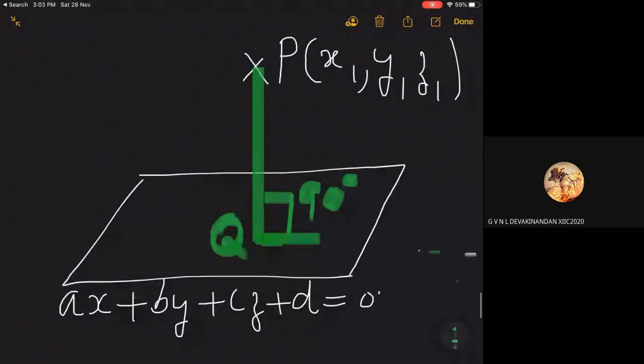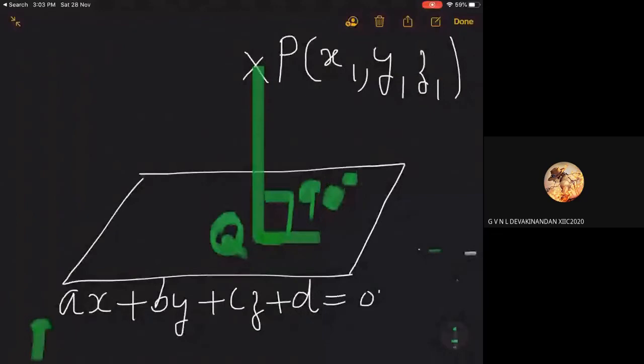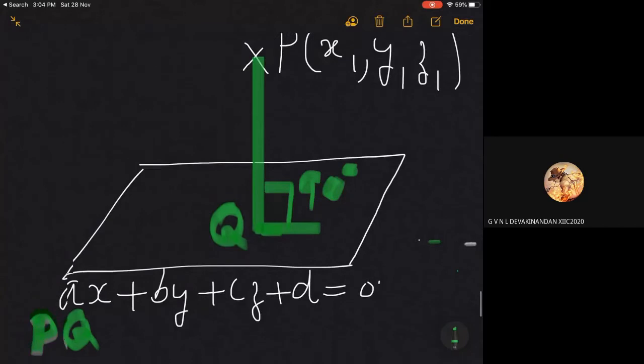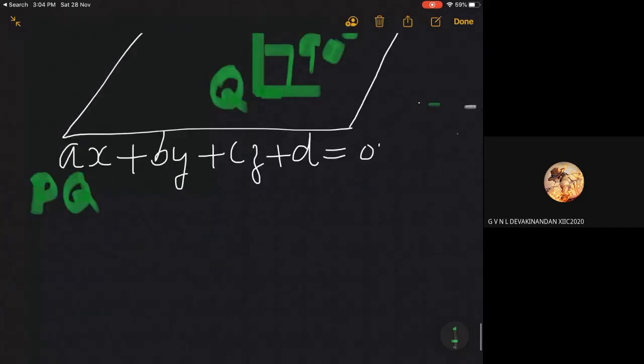So the distance PQ equal to, please write, children, write the heading: perpendicular distance from P(x1, y1, z1) to the plane ax plus by plus cz plus d equal to 0 is given by PQ equal to,